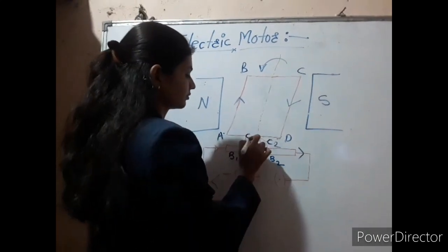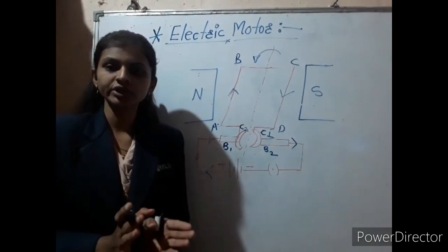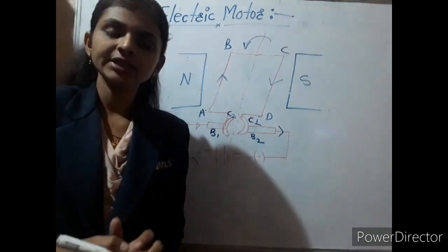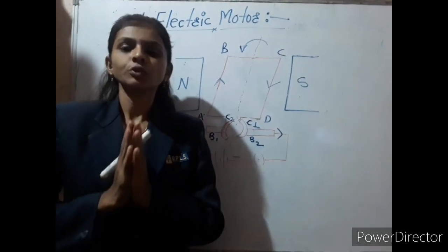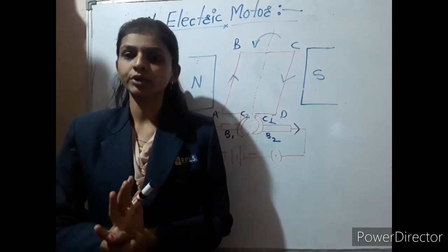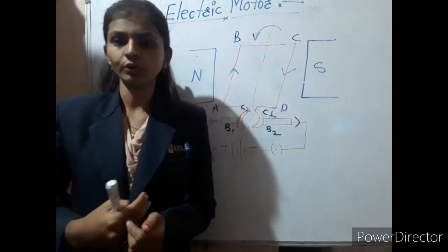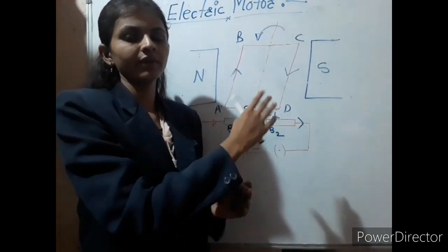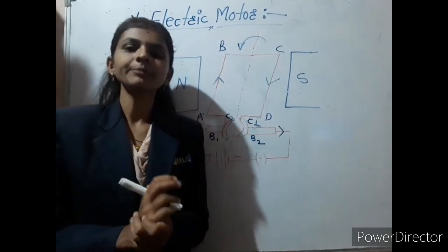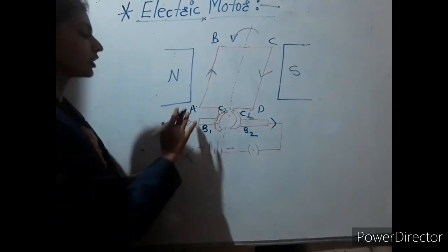So the brushes are fixed, they are not going to change their positions. Here C1 and C2 are known as the split rings. In the case of the electric motor, the split rings work as a commutator, and the working principle of the commutator is to reverse the current. Whenever the coil has completed its half rotation and the terminals are interchanged, at that time, due to the split rings, the current is going to reverse, and the current starts to